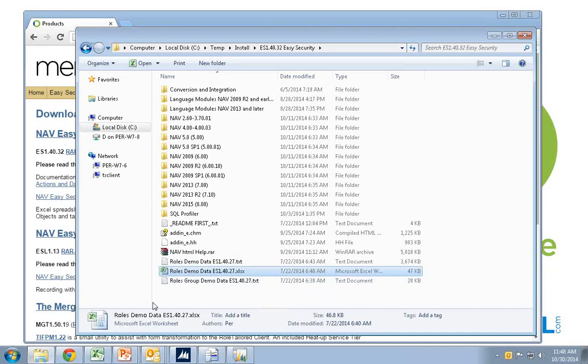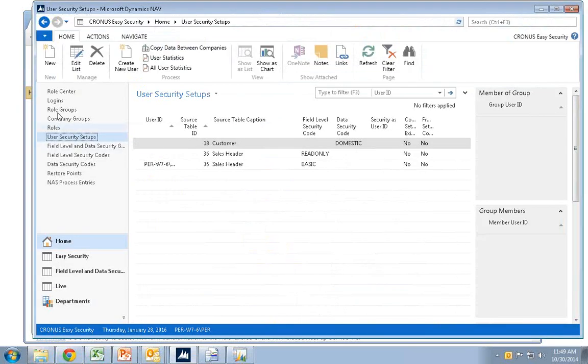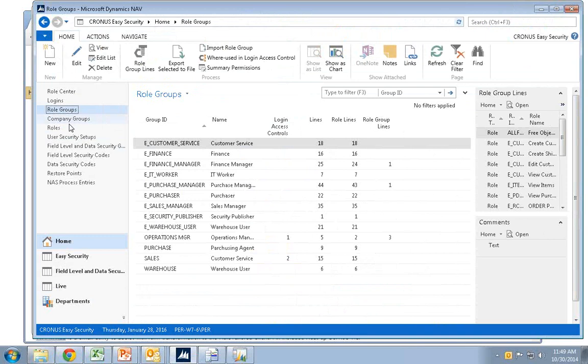But really, when you get to the second part, about defining the users, it's much more about how you want it and not necessarily the roles we have. So yes, you can have somebody fill it out in the spreadsheet, but you would need to create the role groups manually inside Easy Security.